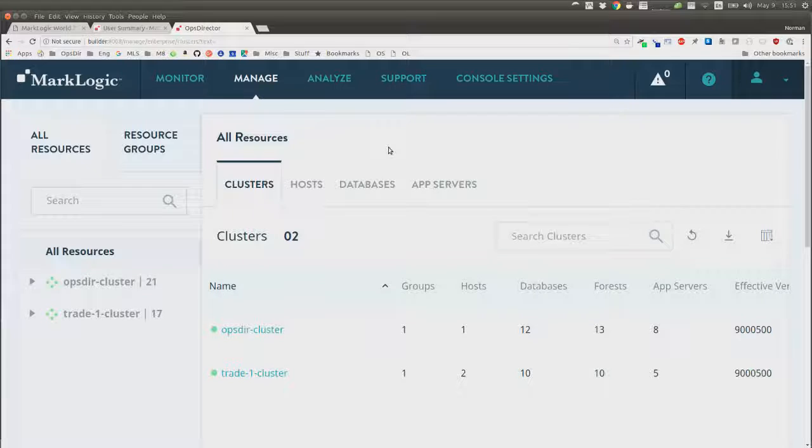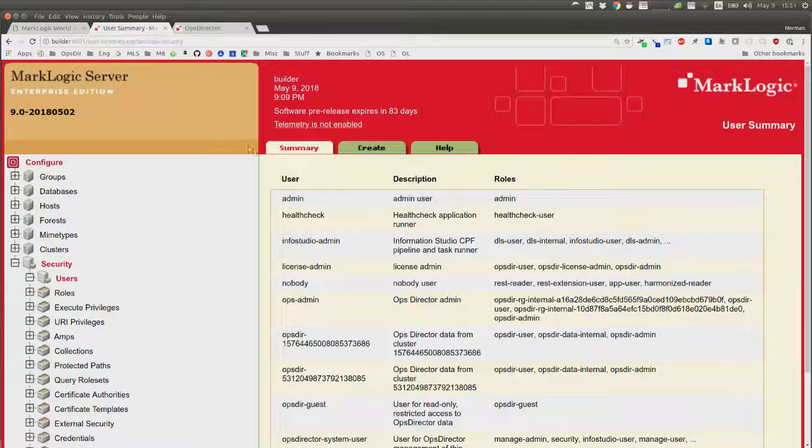And the second question: is this already part of 9.0-5? Yes, this is shipping in 9.0-5. I can show you. I've already got it installed, so it won't be all that interesting. But if you go